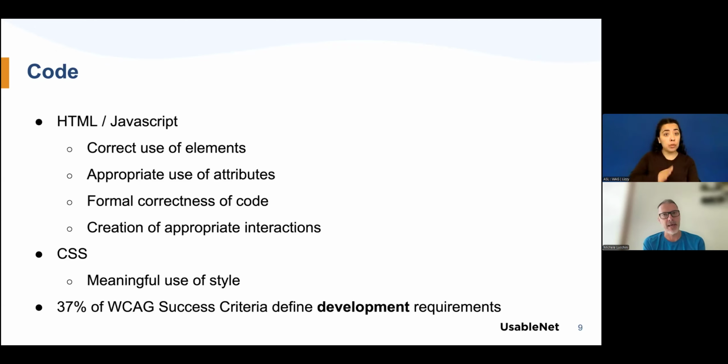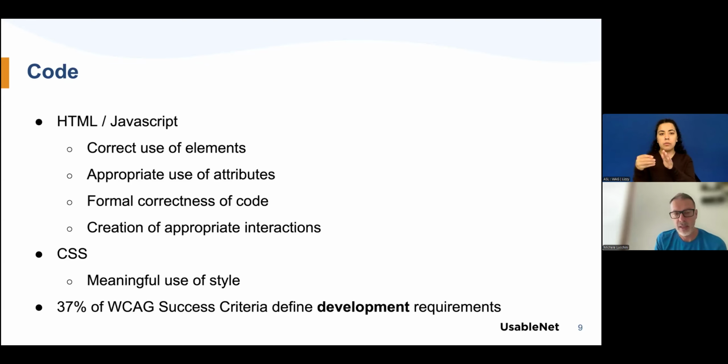Making sure that at code level, so HTML and JavaScript, the elements are used correctly, the attributes are appropriate for the elements, there is a formal correctness of the code, of its syntax, and the interactions are defined in an appropriate way.